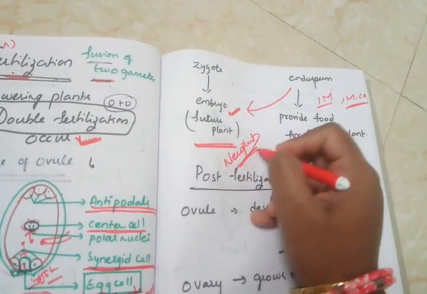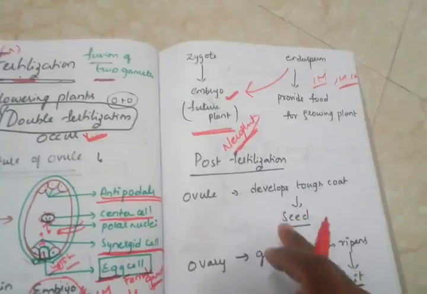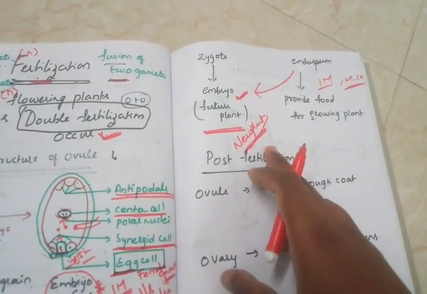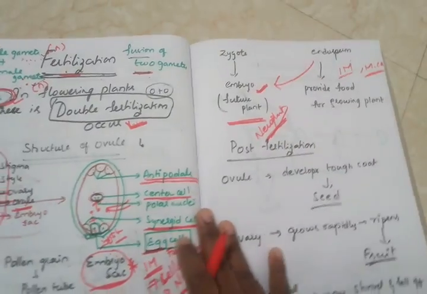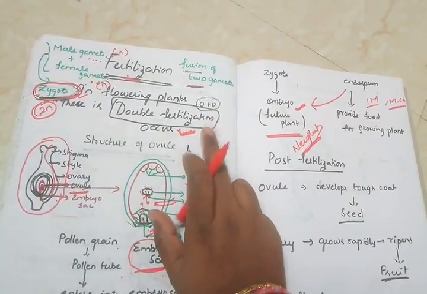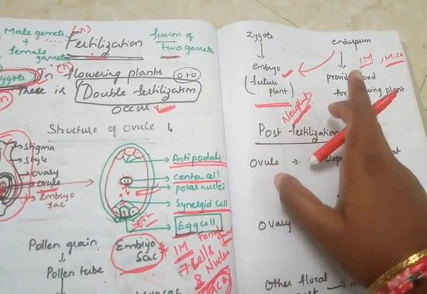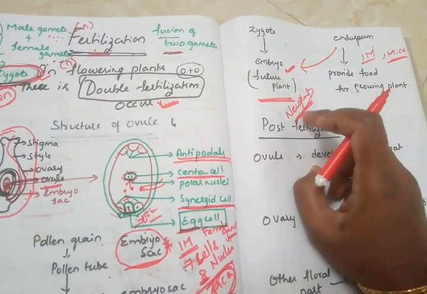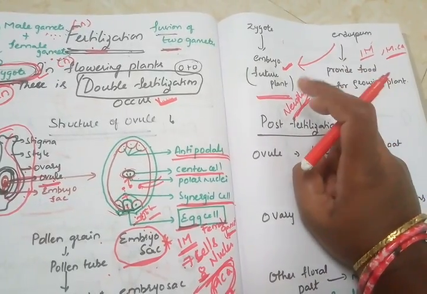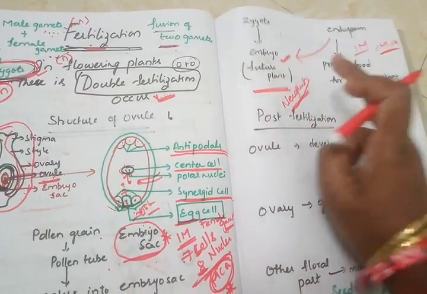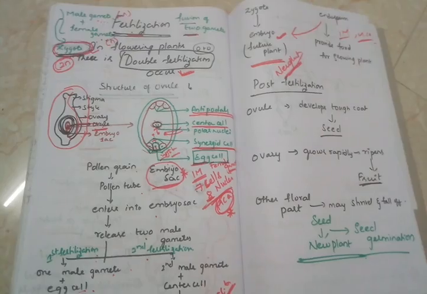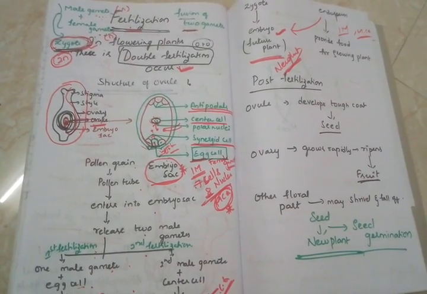So finally, the new plant is formed. So that is the main aim of reproduction, right? So in the flowering plants, the fertilization is called as what? Double fertilization. Okay, this is the double fertilization and finally embryo and endosperm form. Embryo grows into a new plant. Endosperm provides nourishment to the growing embryo. And this is about the sexual reproduction in the plants.